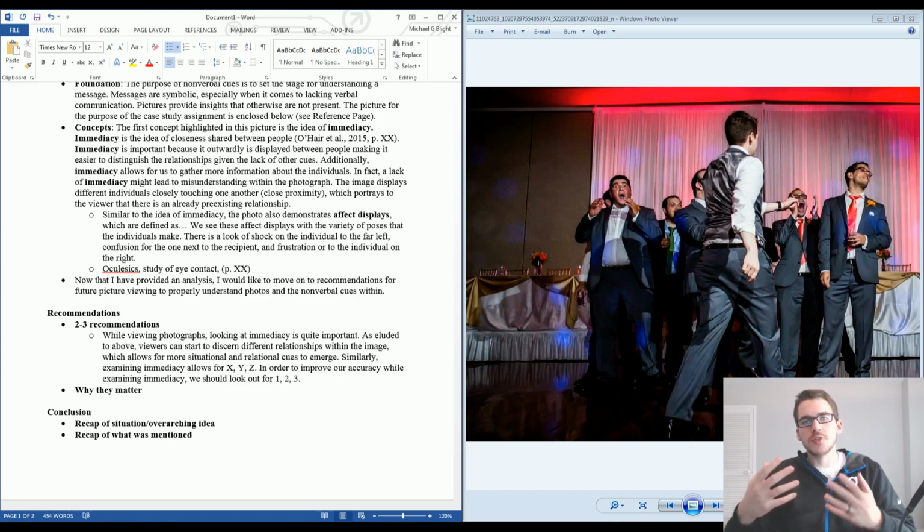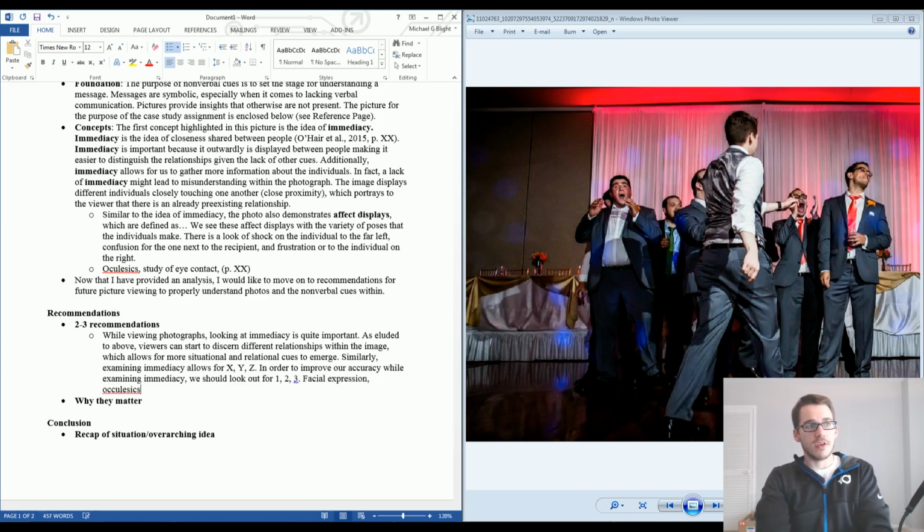We should look out for these 3 key features, such as facial expression, oculesics, which could be a nice transition. There's only supposed to be 1 C in there. Oculesics, and then we could even say, and affect displays. So we can integrate these recommendations together. And as we do that,